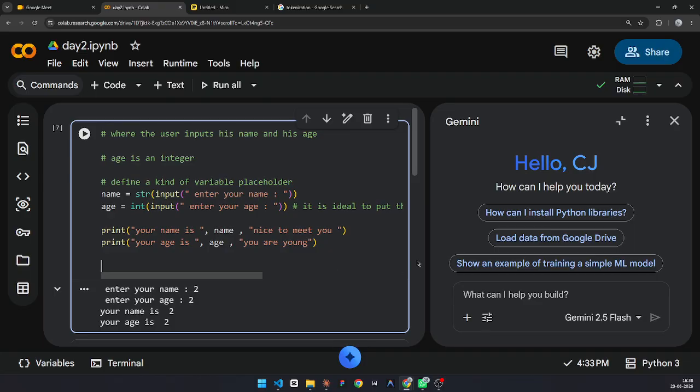Wait, what string for? String already. Yes, it is important because you should keep this as a habit. It's always good to mention a data type to reduce the chance of failure in production level systems. Sachin, I guess you are clear now. You can avoid it also, but it's generally recommended to define the data type also.